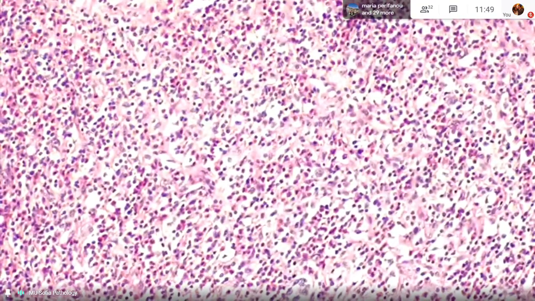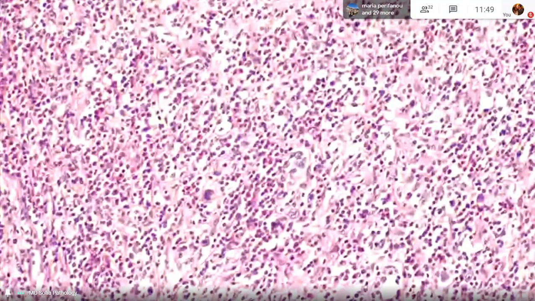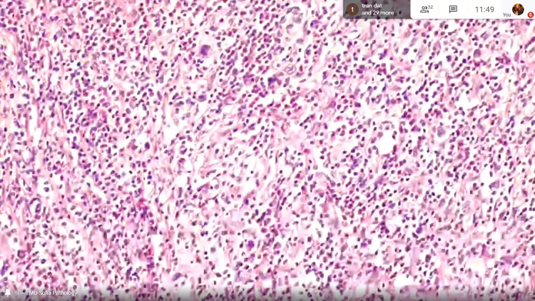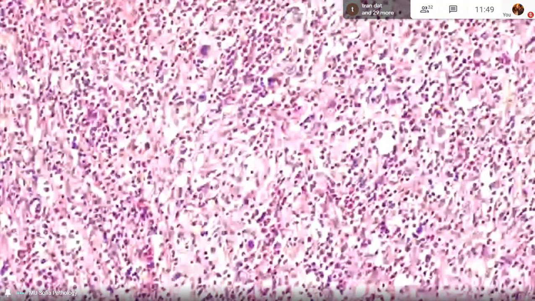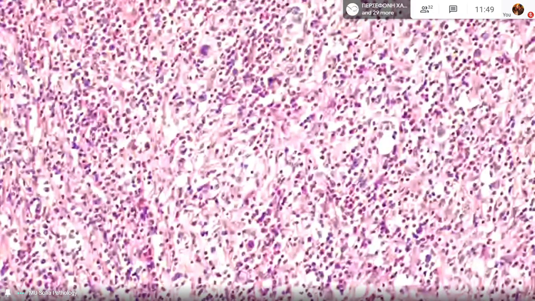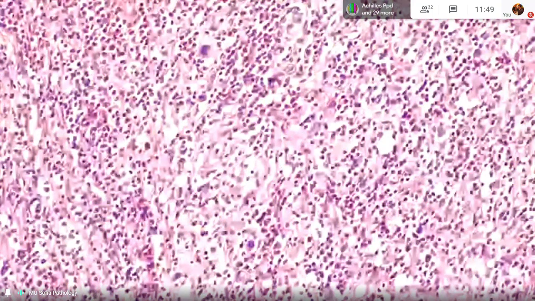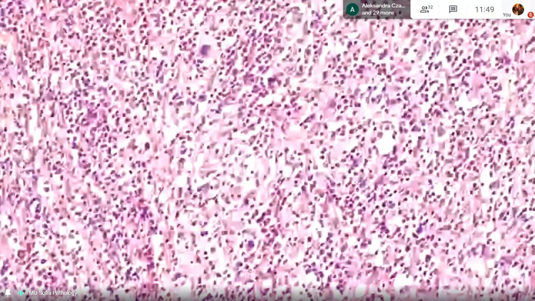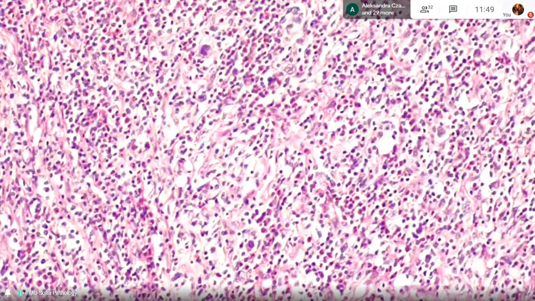Do you have questions about Hodgkin lymphoma? Doctor, can Hodgkin lymphoma also be associated with HIV? Yes, it can be associated with HIV infection, if this is your question. And it depends on the symptoms, whether it will be AIDS. But it is not as common as large B-cell lymphomas, which are more common in HIV patients,